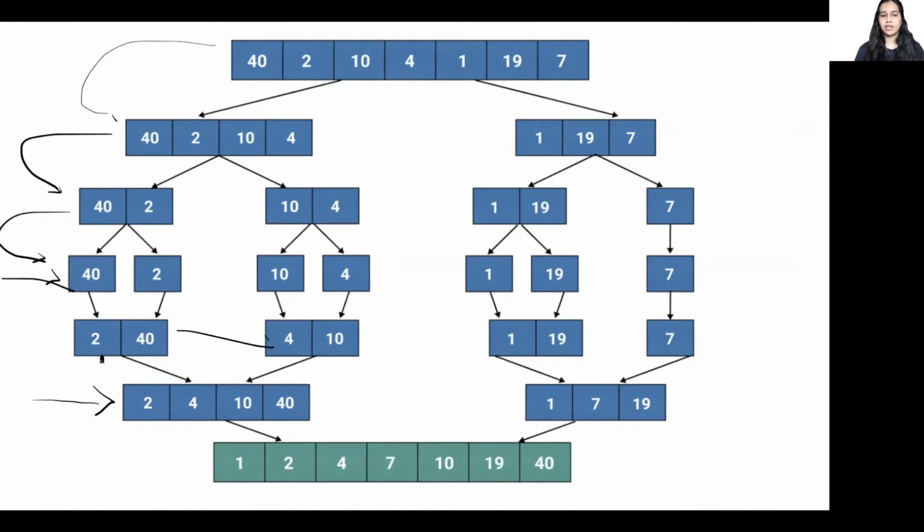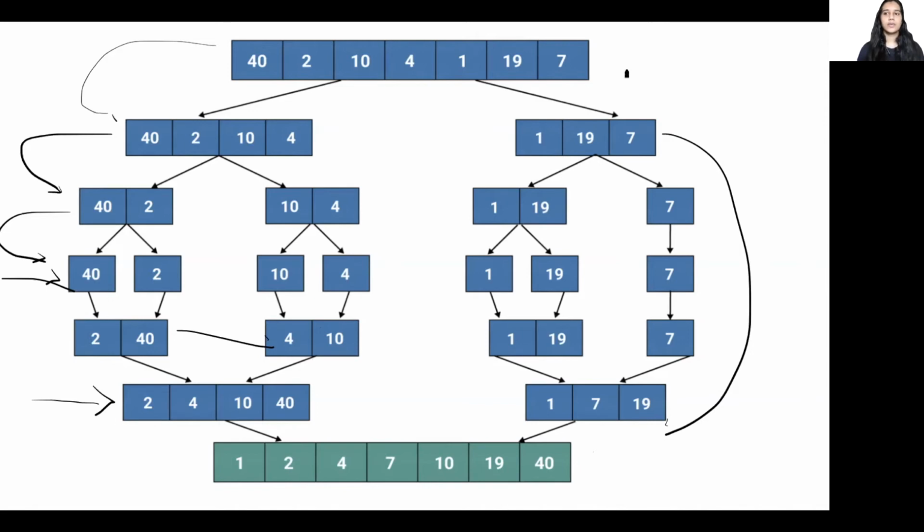Now it says that with the help of Mozart, we are going to reduce the number of comparisons required, which is completely right. How? While merging these two sublists, we compared 2 with 4, 4 with 10, but we did not compare 2 with 10, which eventually reduced the number of comparisons in order to form a sorted list. We repeat this process on the right hand side to get a sorted list here. So we finally get the sorted list from the given list.